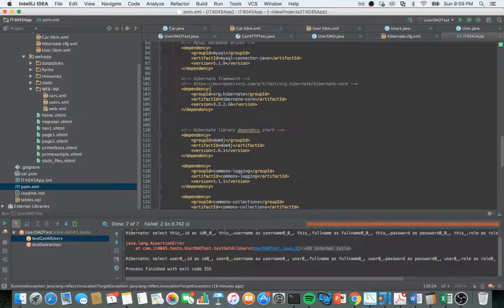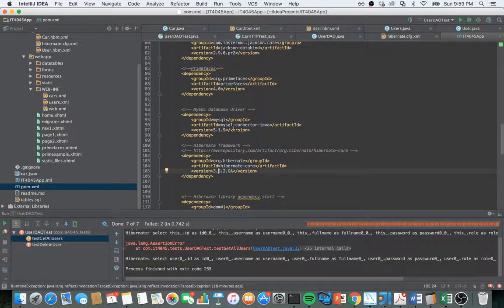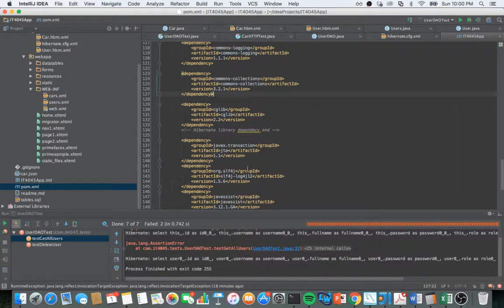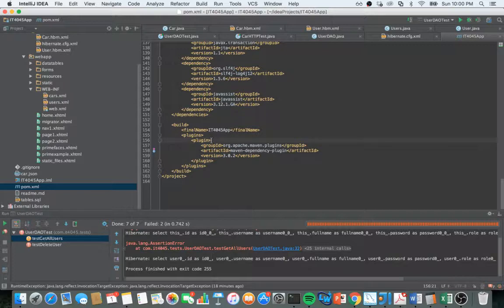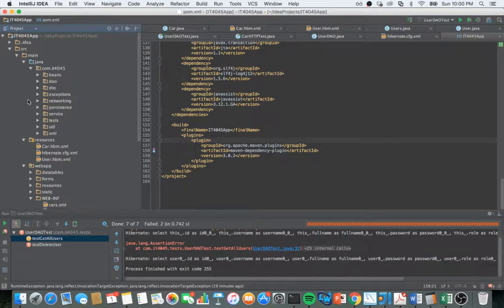We're going to need the Hibernate framework, version 3.3.2 general release, and we're going to need the MySQL driver, which you can all add to your POM file. And again, this code will be available on Blackboard for you to take a look at. So once we've done all of that, we should be ready to go ahead and test it out to see if we have